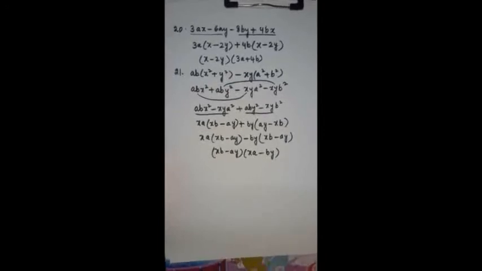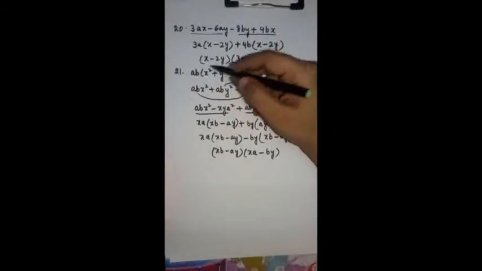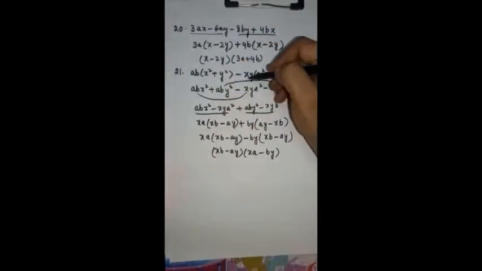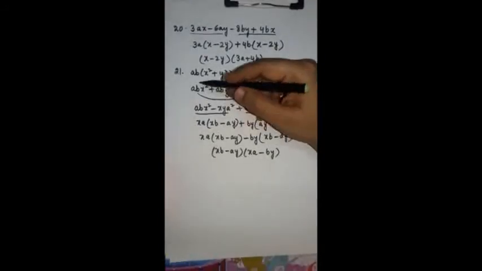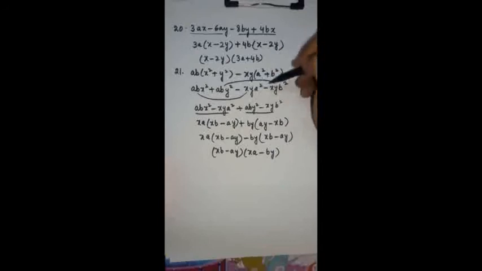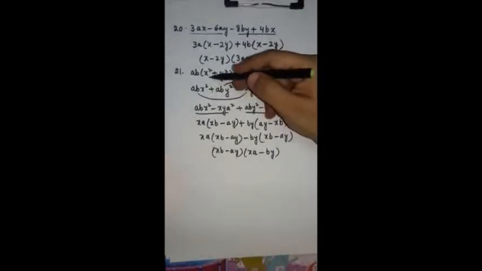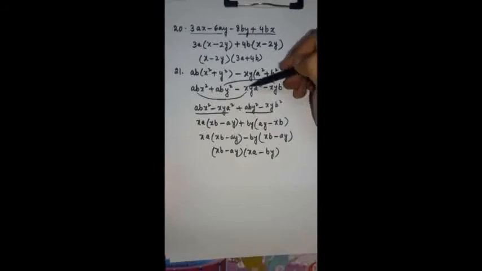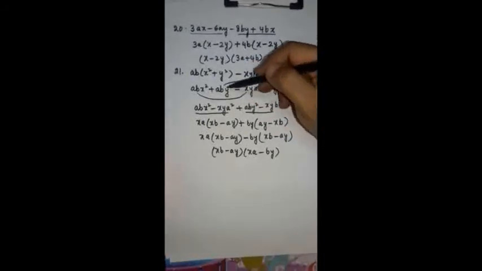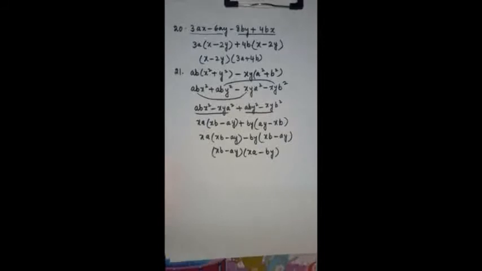So this is how you do it. Just a little bit of a twist over here, because ab is already given common in these two terms and xy is given common in these two terms, so you don't get confused. After expanding, you don't take ab common again and xy common again, because if you take it like that, you will get the same question again. So over here abx square, from these two terms, one ab and then xy, like this you make groups. In this way you have to solve this. Now let us go to the next one.